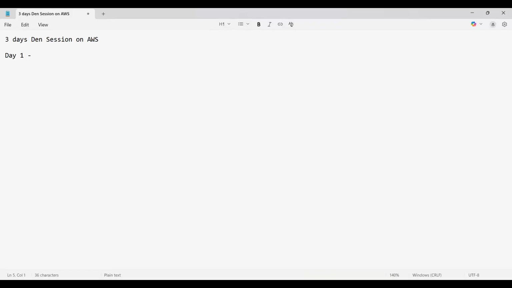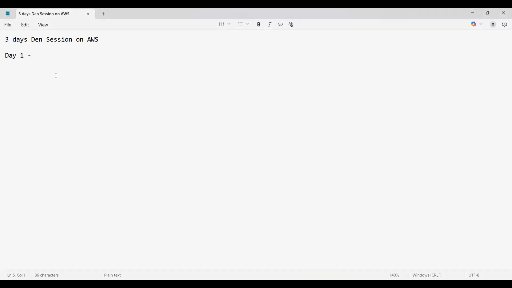I'll walk you through the contents, what exactly we have to learn, or we can go with the syllabus tomorrow and not today. Today, let's go with the cloud concepts or basics of cloud, and tomorrow I'll walk you through the syllabus entirely. Fine? Yes. So right now, let's first go for cloud fundamentals.